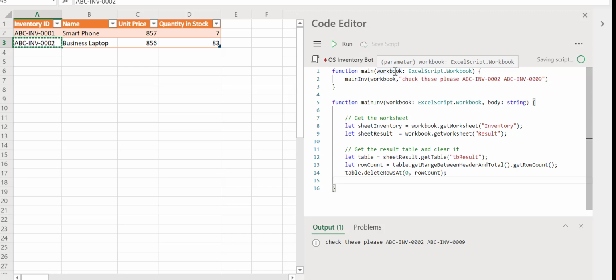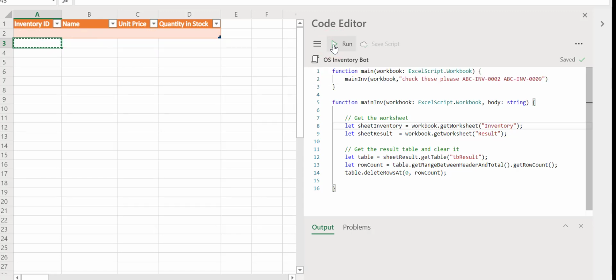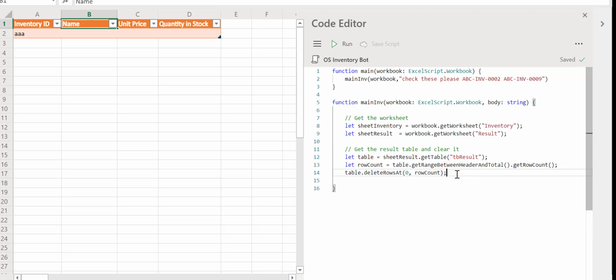So this is a good point to save the script and then run it and see what happens. So we click on run and you can see that the data has been removed from the table. So the code is working correctly at this point. One problem with deleteRowsAt is that it will fail if the table is already empty. Now we'll add the code to handle this later, as I don't want to make the code too complex looking